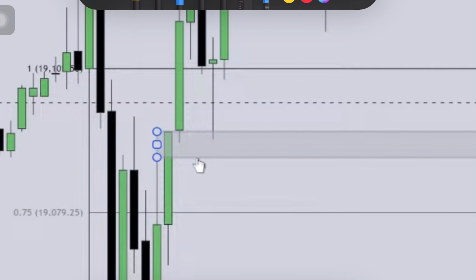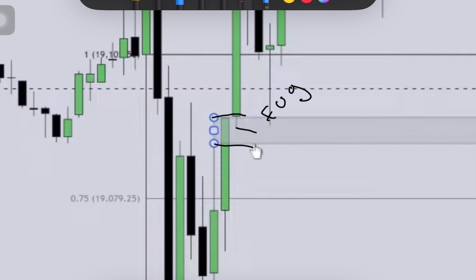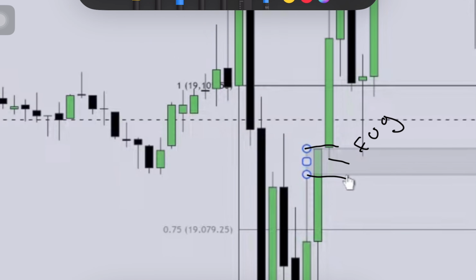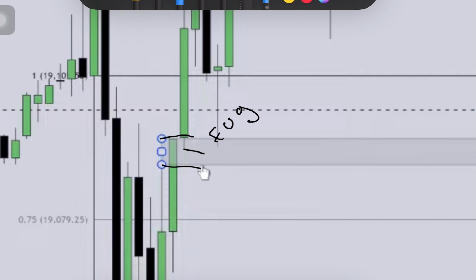When we have fair value gaps or candles with no upper wick like this, and then we have a fair value gap, the whole thing is denoted as a fair value gap, right? Just like how we said with imbalances, where the fair value gap usually would be from here to here, but since we have a volume imbalance, now the whole thing becomes a FVG, right? The same thing applies when you have